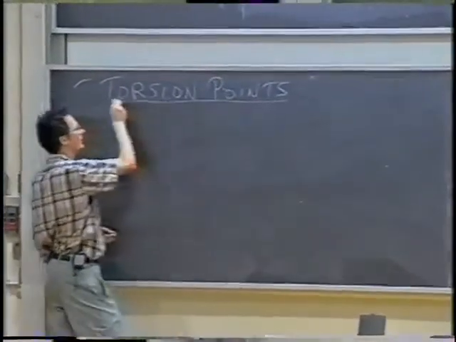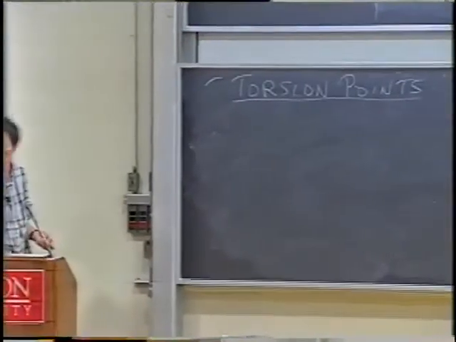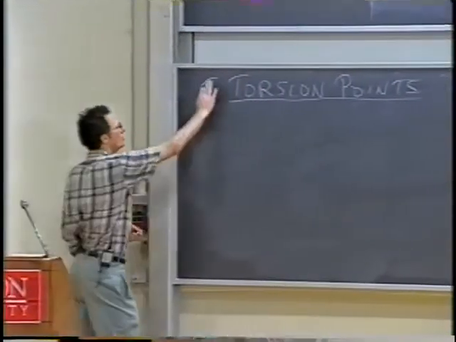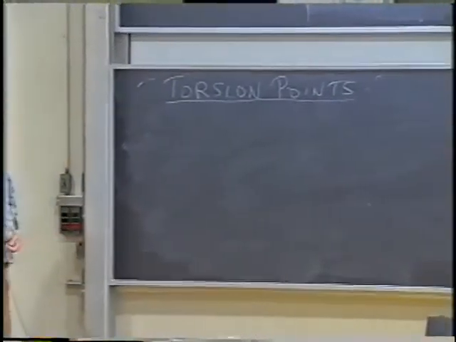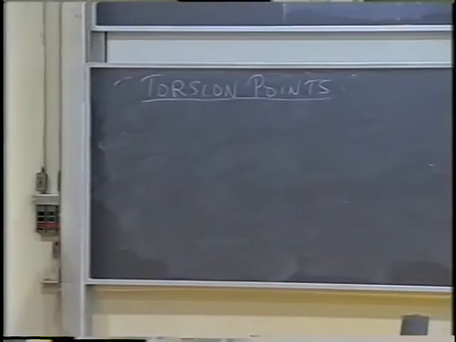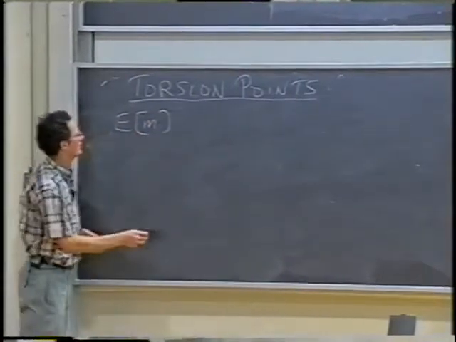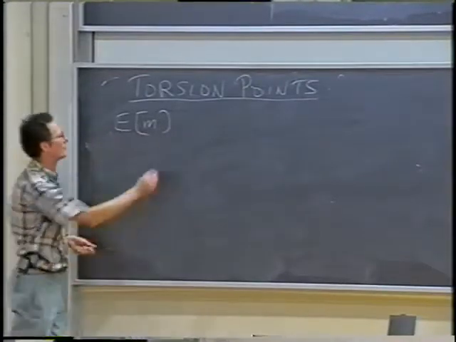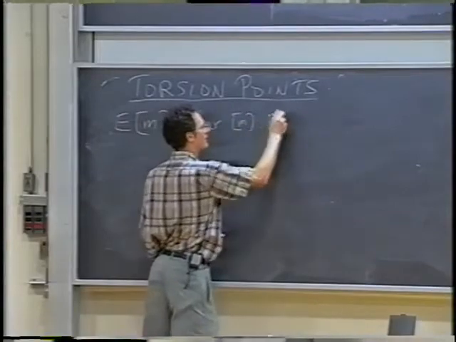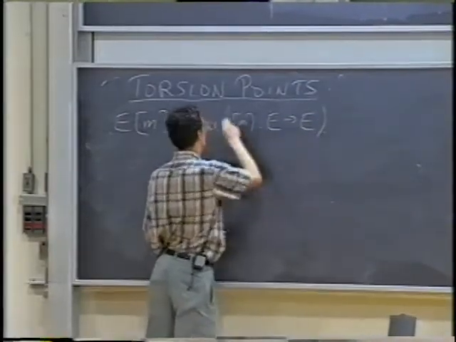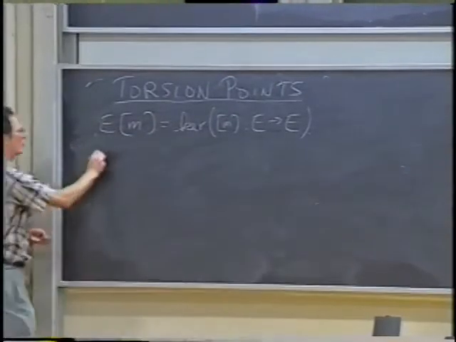Now, as I said, the multiplication by M maps contain all, or almost all, the arithmetic information on the curve. So in general, we can look at the points of finite order. That would be the kernel of some multiplication by M map. So let me denote E of M to be the kernel of the multiplication by M map. So these are the points that have order M. And the torsion subgroup